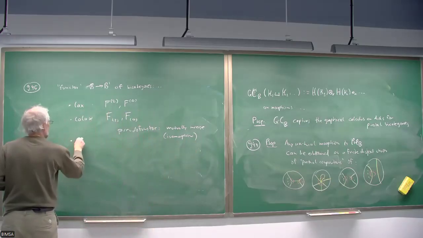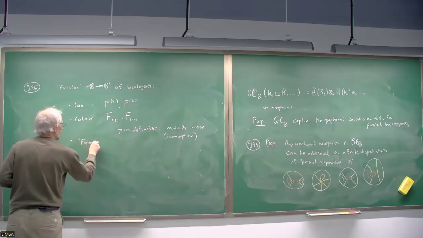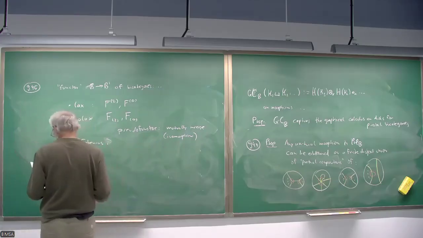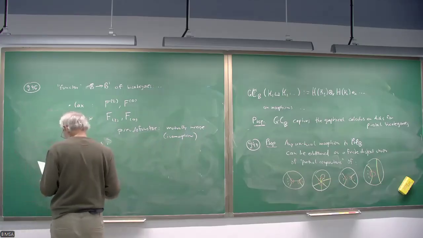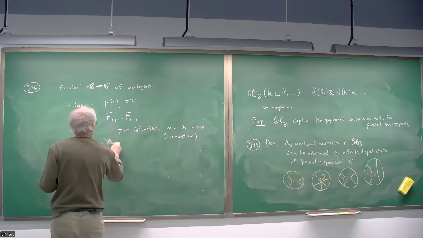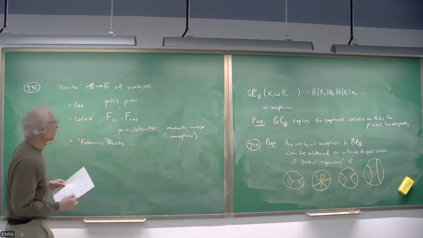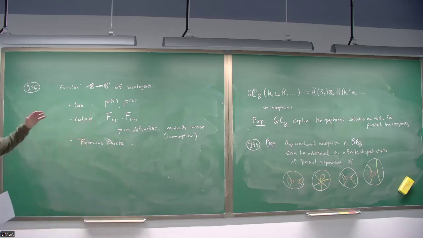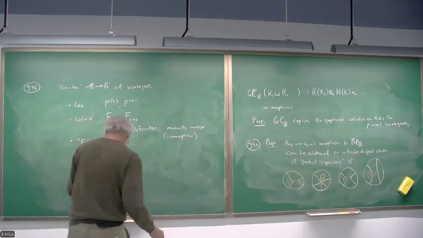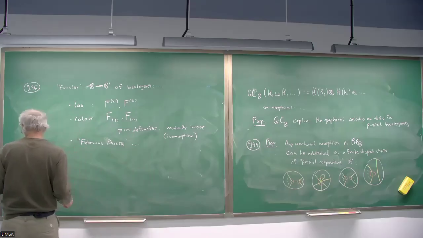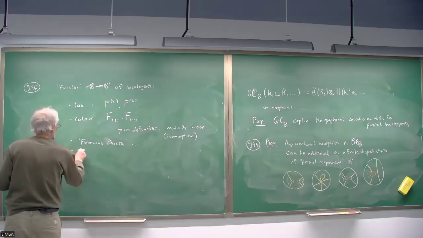But there is another way to combine them, and this is called a Frobenius functor, which is a two-category version of the Frobenius identities. I would need some time to draw this or write it out,